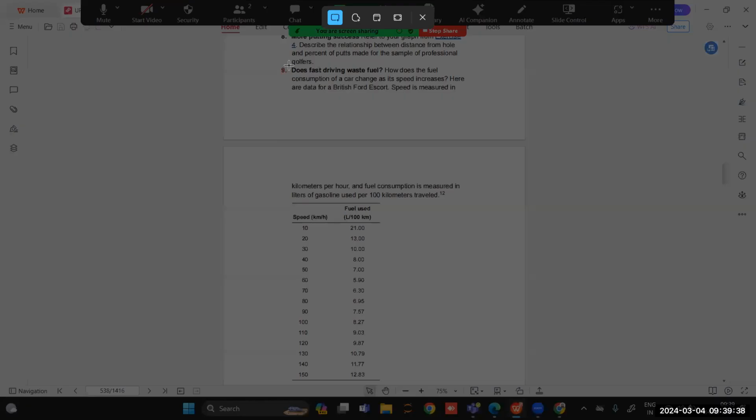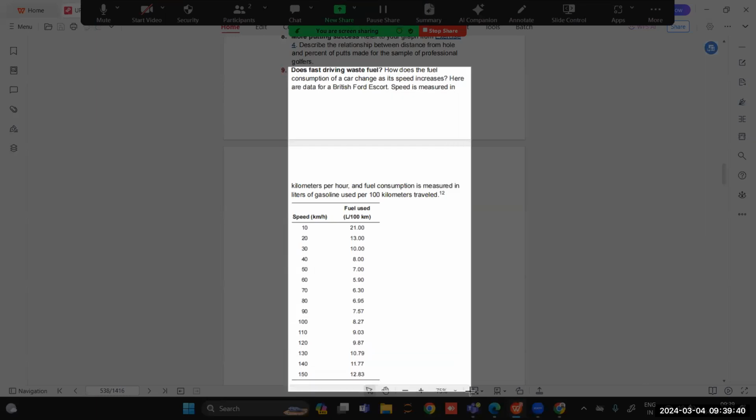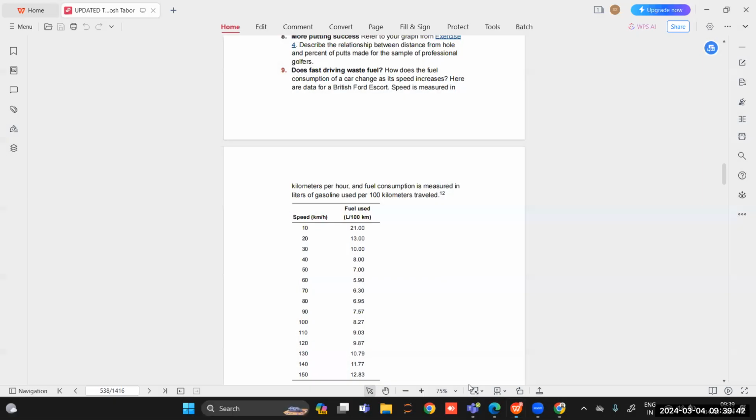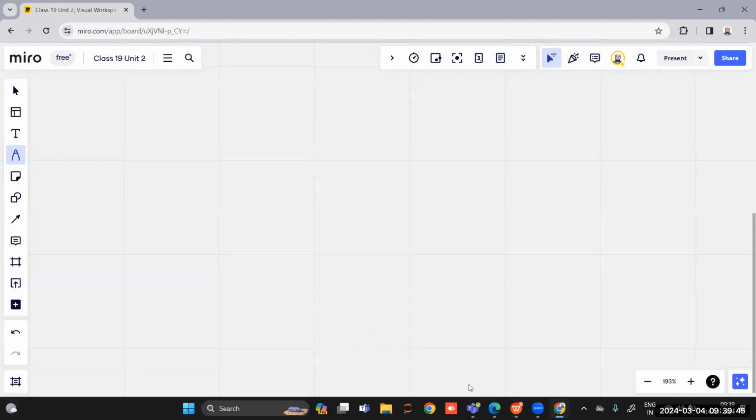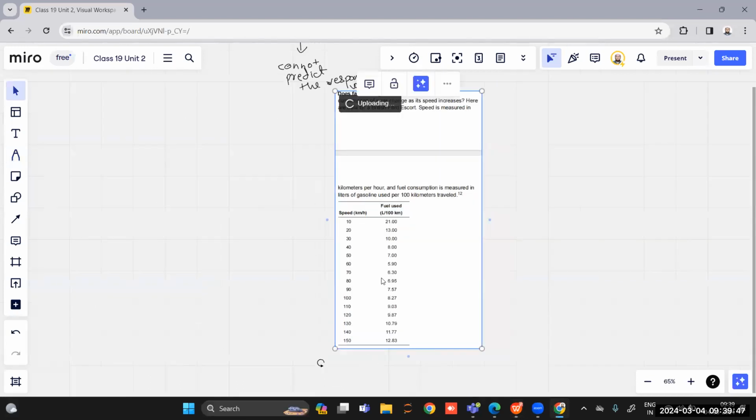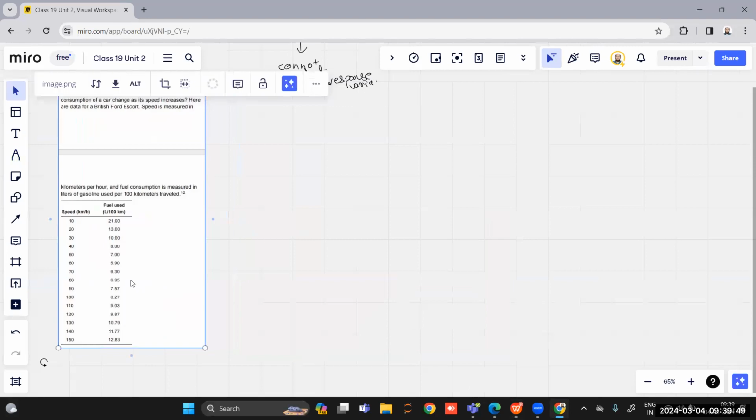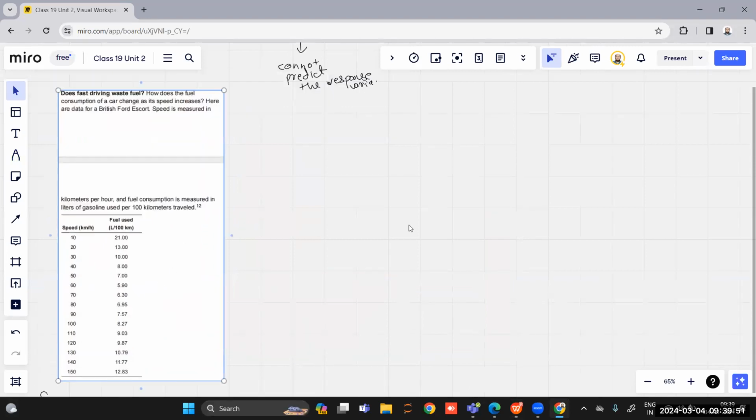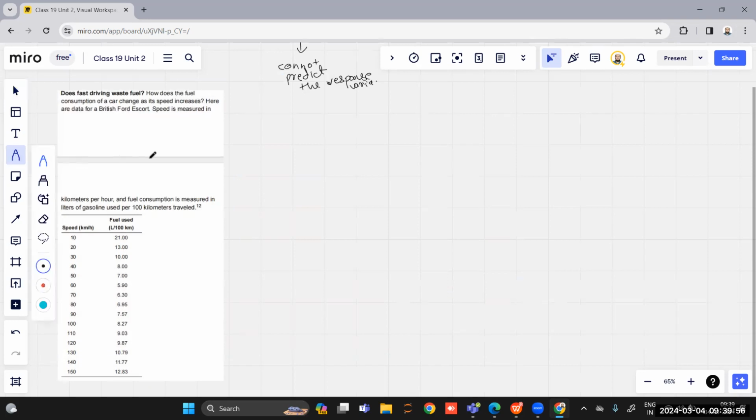It seems like a decreasing variable, but not anymore. Okay. I don't think there's any correlation since it seems like all over the place. How does the fuel consumption of a car change as its speed increases? Here are the data for a British Ford EcoSport. Speed is measured in kilometers per hour, and the fuel consumption is measured in liters of gasoline used per 100